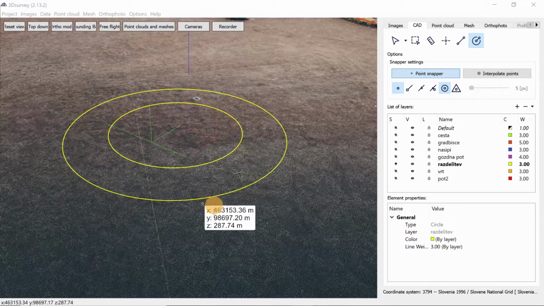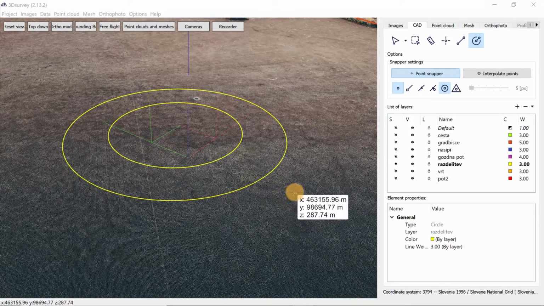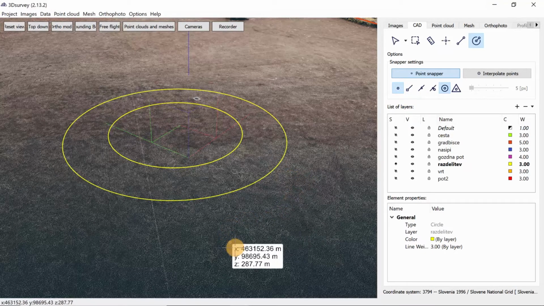When you are using the second, the third, the fourth or the fifth option, you might have to use a combination of options, because you're not only snapping your center point but also a point on the circle. In my case, I was using point, so my point on circle could snap on any point on the point